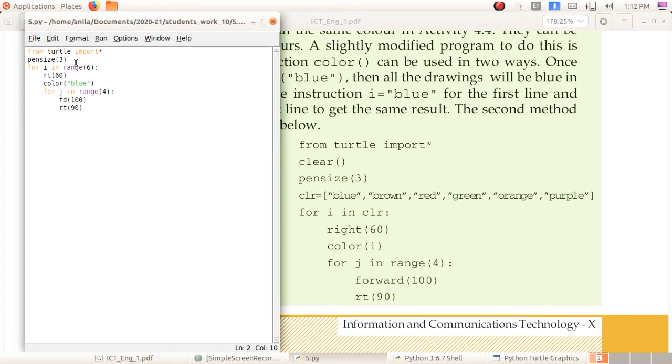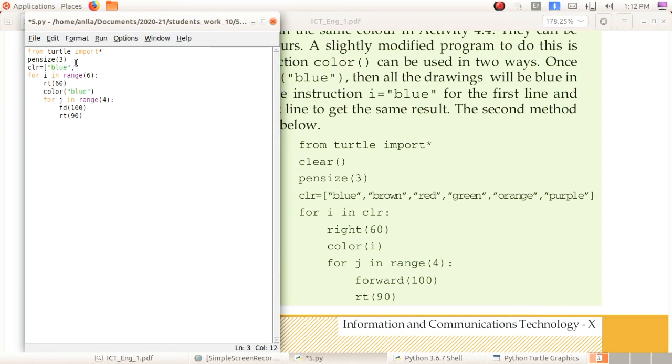After the pen size, you have to give a new variable, that is CLR equal to, then open square bracket, then each color must be inside the double quotes and separated by using the comma.